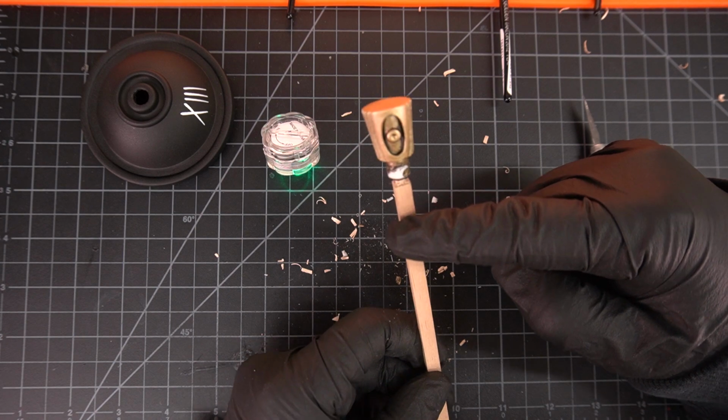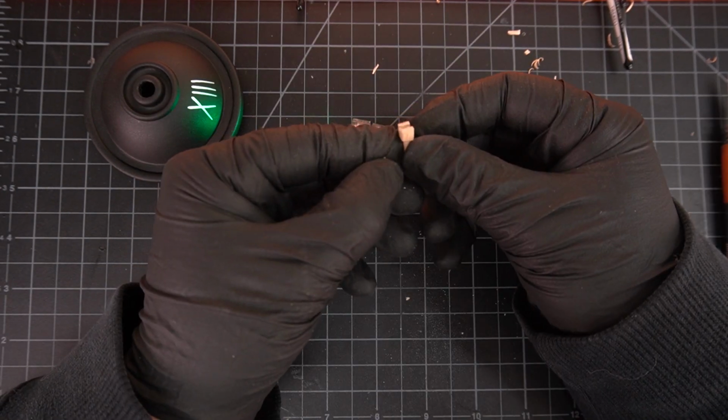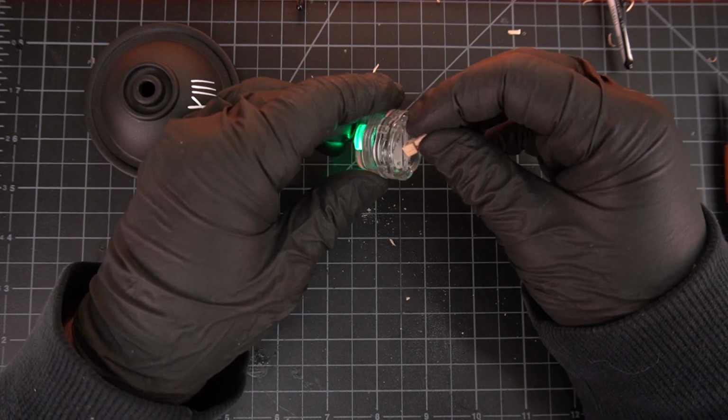I'm going to trim this just slightly and notch it to fit right over this. Made this little tiny notch. Don't know if this is going to work, but